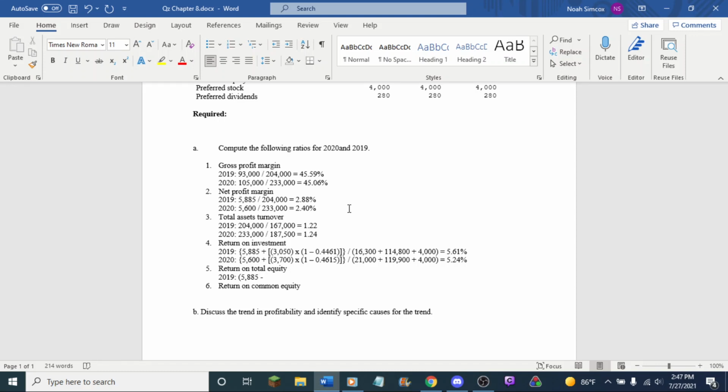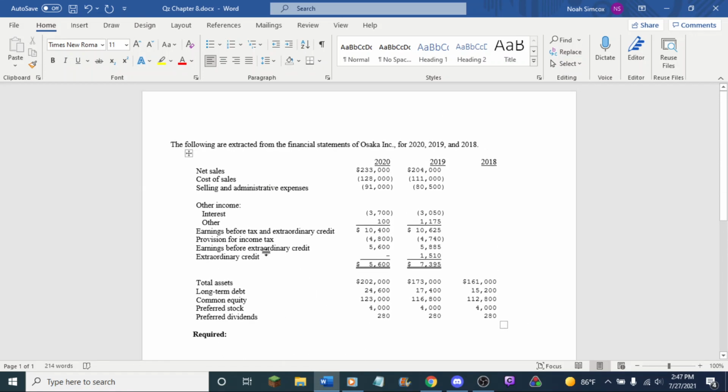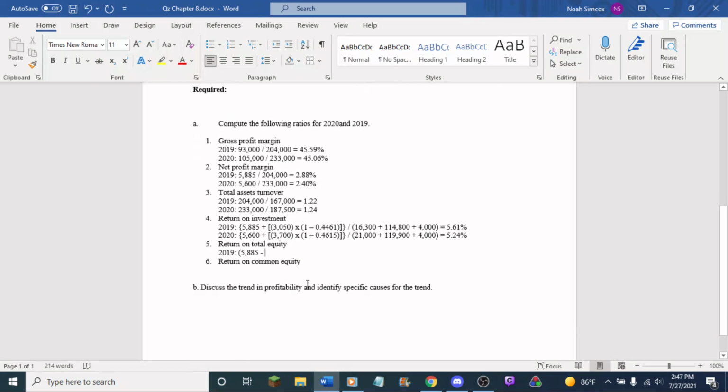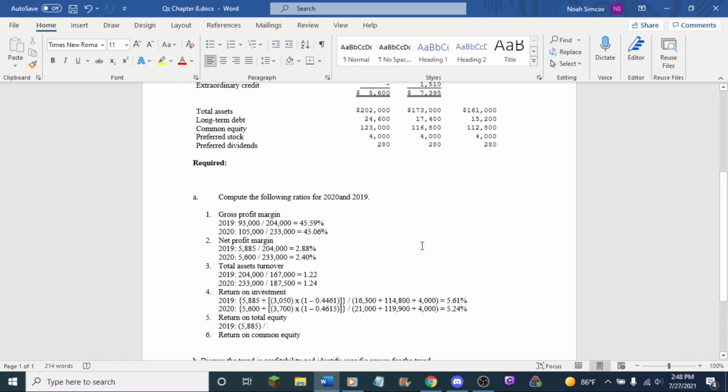It's included as part of debt for most other companies. So it's not there. We don't have redeemable preferred stock at all. It doesn't say it. It just says preferred dividends. There's no redeemable preferred stock. Okay, so therefore we don't need to subtract. We just need to do the net income divided by average total equity. We kind of did that already, but